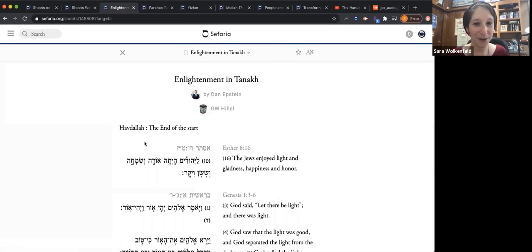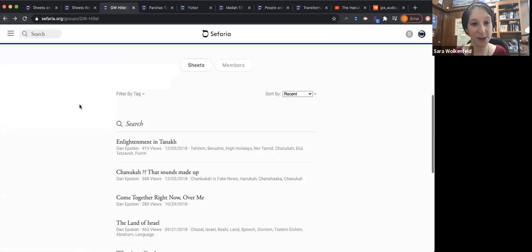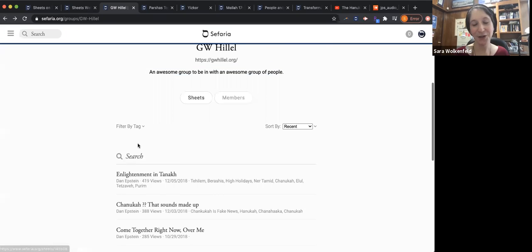And when you click on any one of the sheets, you'll see that it's branded. It has a link actually to the group. And in many cases, the groups themselves then link to the website. And it's just a great way to, again, both brand and really contain materials. So I often do this for classes when I'm teaching, most recently, my 11th grade Talmud class. I will name the class, and then all my materials for that class go in that group. That way it's sort of one-stop shopping. My students only have one link to go to find all my materials. It's just the URL of the group page.